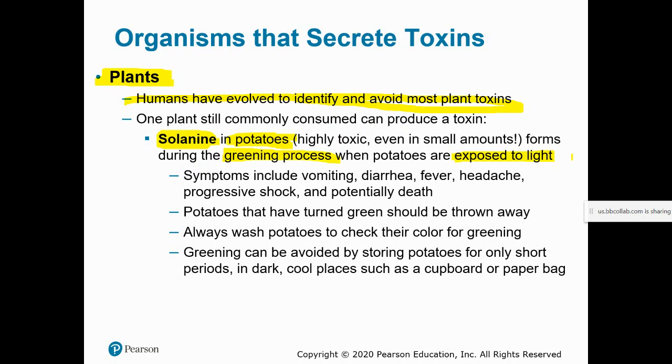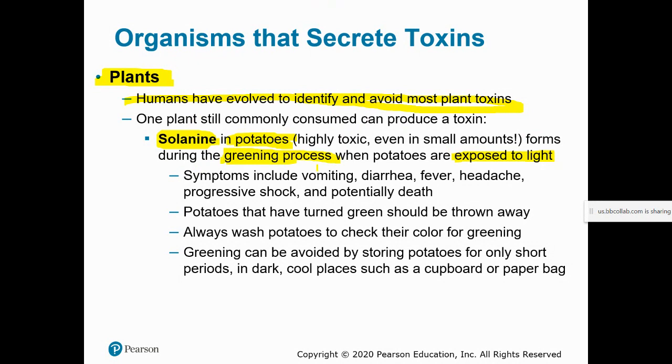So if you keep potatoes in the house, right, maybe you've heard that you should keep the potatoes in a cool, dark place, right? So either putting them in a paper bag and keeping them in a cool part of the pantry, or like a root cellar, or keeping them in the refrigerator even. You can do a little experiment if you want to and take a potato and leave it out on the countertop or in a sunny window and let it be exposed to the light. And you'll notice eventually parts of the skin will turn green. And at that point, you don't want to eat it.